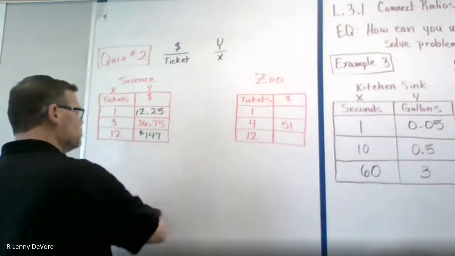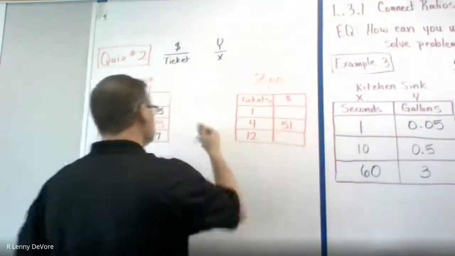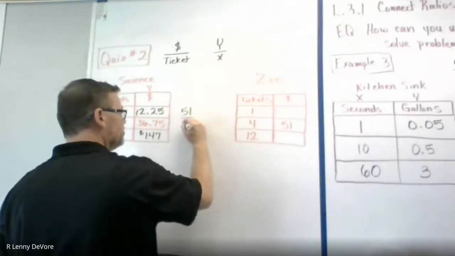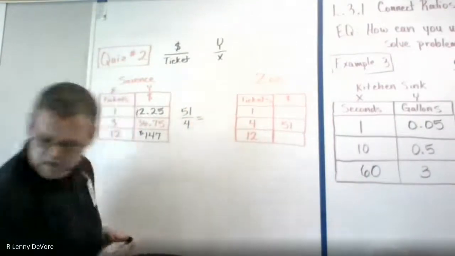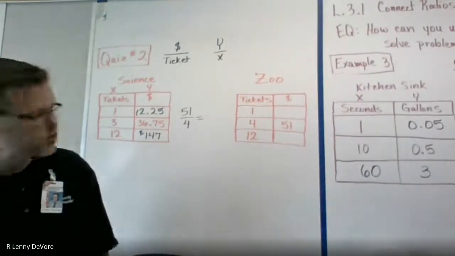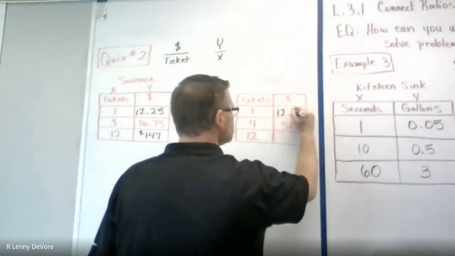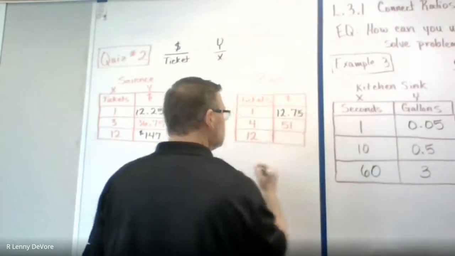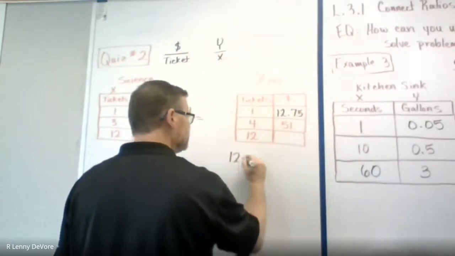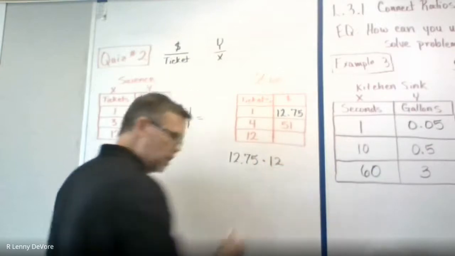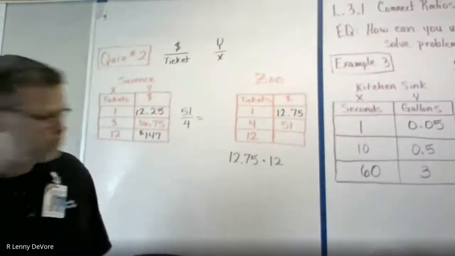Then I'm going to do the same thing over here. I'm going to take the 51 and divide it by 4. What that ended up equaling is $12.75. Then we take that $12.75, multiply it by 12, and we found that it would cost them